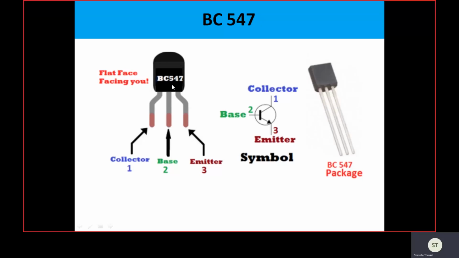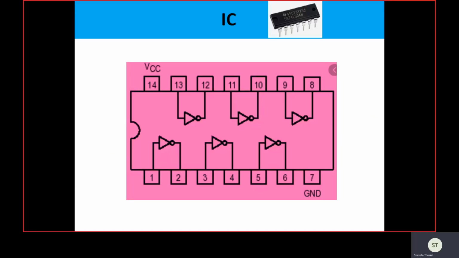And practically the BJT that is shown here with the three leads and the identification number for BJT is BC547. So in the BC547 BJT, we have two sides or two facings. On one side a dome type structure is there, and on the other side the flat side is there. So if we put the flat facing towards us, we can see the left terminal is the collector, the middle terminal is the base, and the right terminal is the emitter. And this is the symbol of BJT, and this is the pictorial representation of BC547.